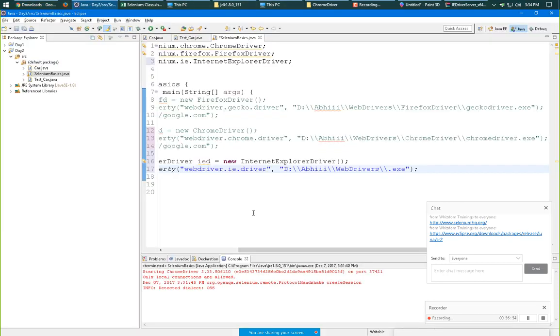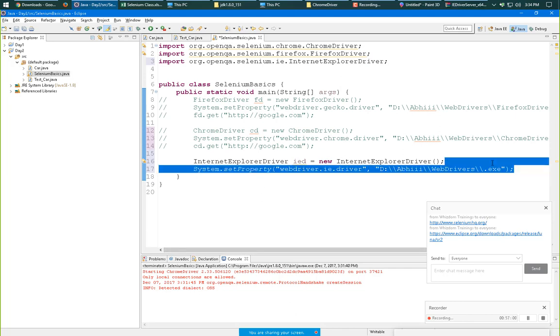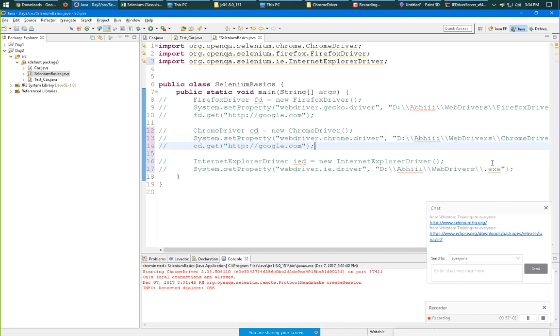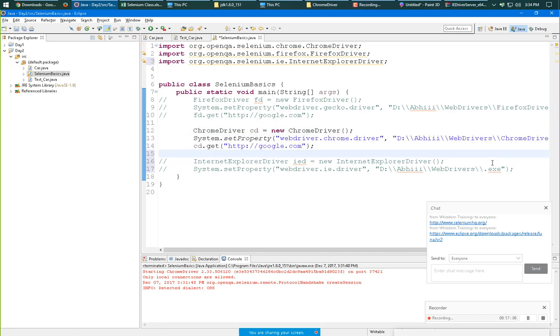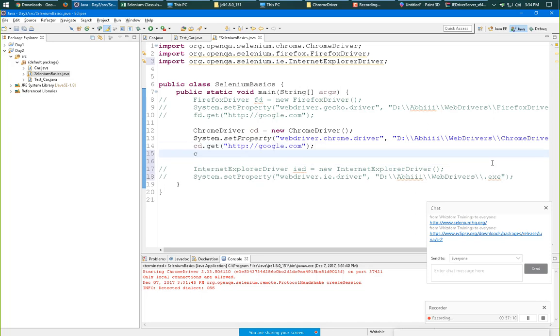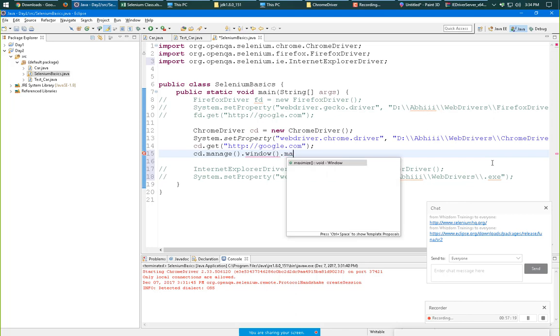Now, what if we want to maximize the window? I'll just comment out this line. We can do many things with driver now. If I want to maximize the window, I'm just managing it, and window dot maximize.